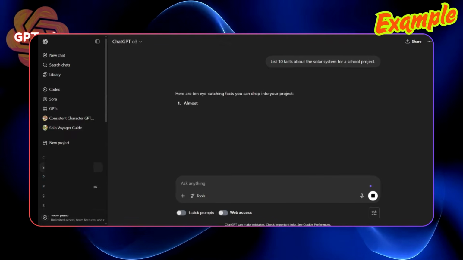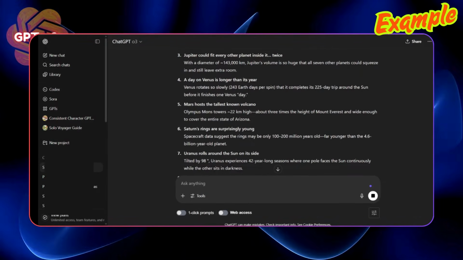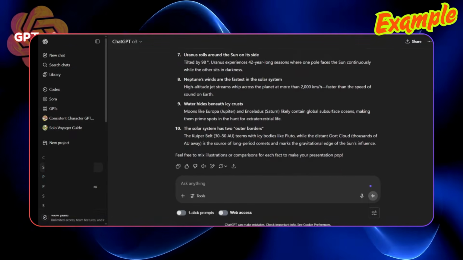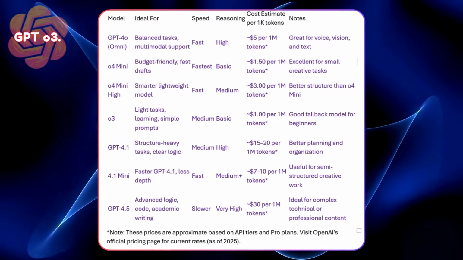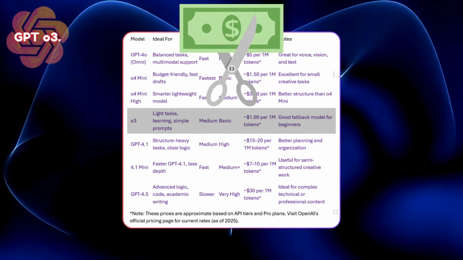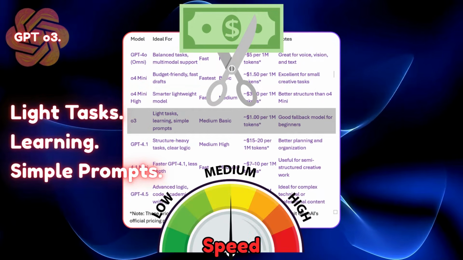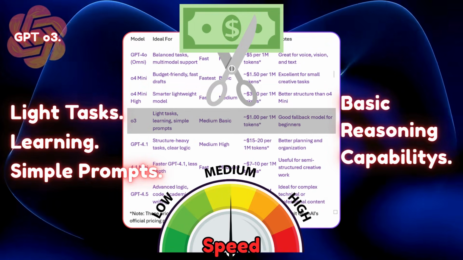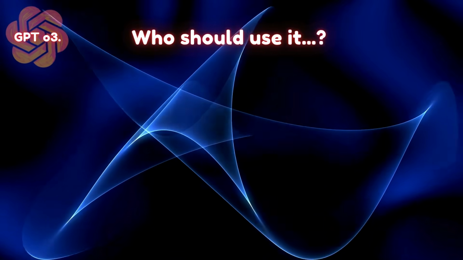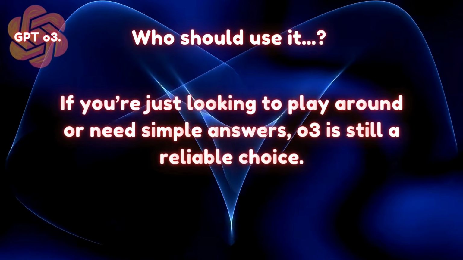It's fast and simple, just not built for deep thinking or multi-layered tasks. The cost per 1 million tokens is approximately $1, making it a cheaper and accessible option for light tasks, learning, and simple prompts. It operates at medium speed with basic reasoning capability. Who should use it? If you're just looking to play around or need simple answers, O3 is still a reliable